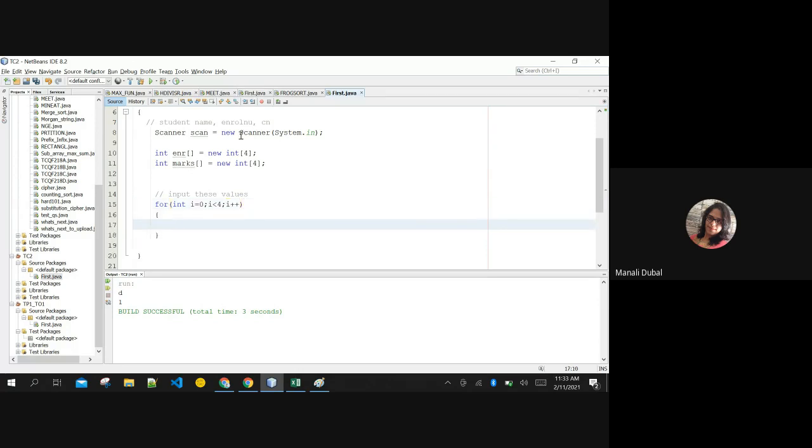If you are inputting integer from user, then you will mention here scan.nextInt, right? NextInt is the function to input integers from user, right? Yes, Pima? Yes.